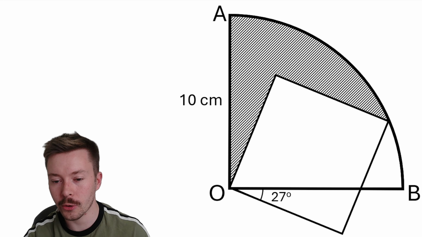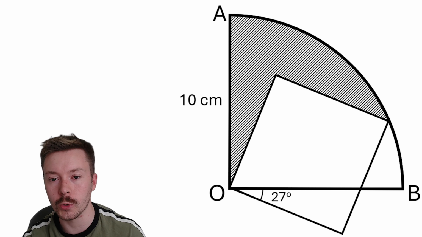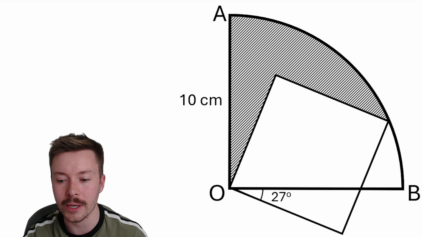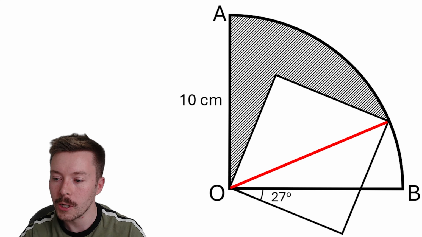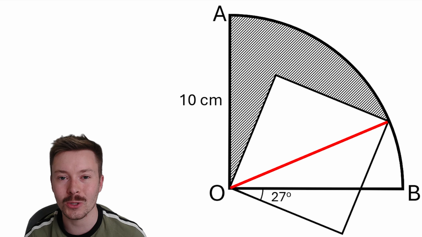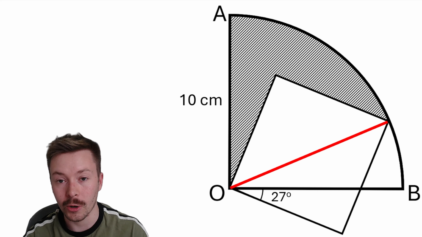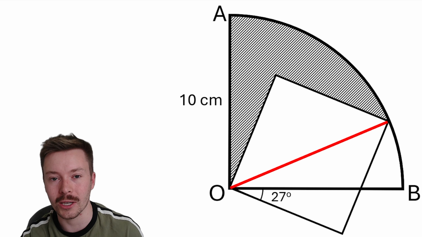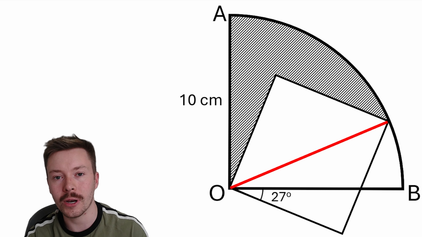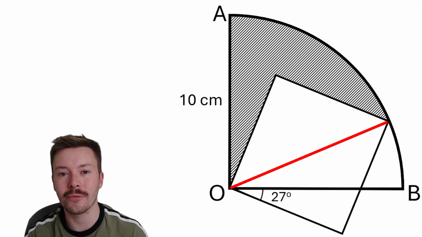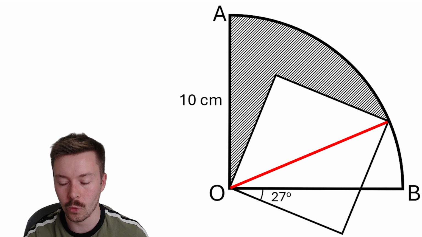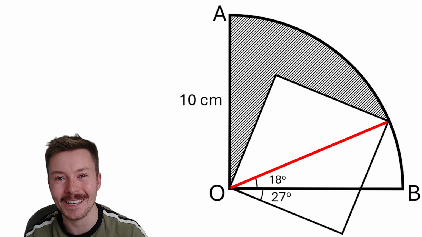Okay, so the first thing that I want to do with this is draw on a radius, and the key one is going from the center of the quarter circle, O, to the point that the square touches the circumference. I know that's going to be 10 because it's a radius, so I'm going to add that on later. For now I want to think about the angles, and I can work out this angle here because the diagonal will make a 45-degree angle within the square,